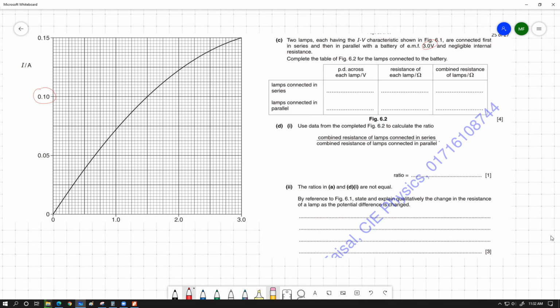What was the calculated value earlier? 1.5 divided by 0.1 gave you 15 ohm. So whenever the lamps are connected in series, the PD across each lamp is going to be 1.5 volt. Resistance of each lamp is going to be 15 ohm. Combined resistance is going to be 30 ohm. এটা বুঝা গেছে কিনা দেখো।